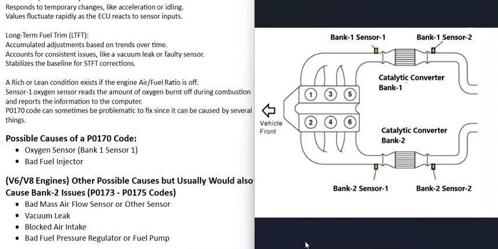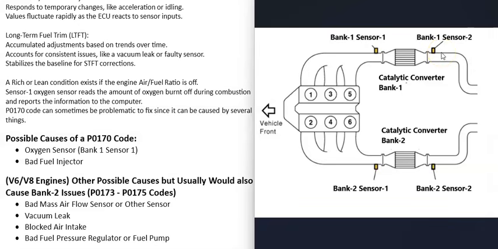And basically what's going on with these O2 sensors is that there's going to be 2 on each bank of the engine. Sometimes there could be 3, but usually there's 2. And these sensors can have different names. There's different types of O2 sensors and things like that, which mainly affects how they're tested. And sensor 1 is going to be located before the catalytic converter, and it's also called the upstream O2 sensor. And sensor 2 is going to be located after the catalytic converter, sometimes right on it, and it's also called